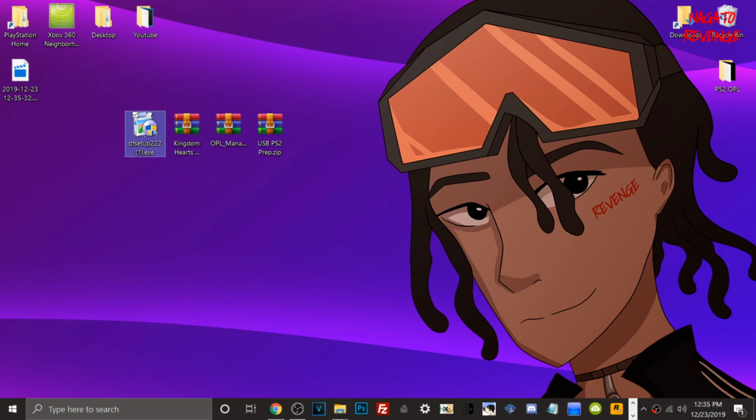It will say DF setup, and you'll need OPL Manager version 2.116. This is where we're going to get our cover art from, and I already made a USB PS2 prep.zip, and I'll explain a little bit more about this, but this contains all of the blank folders we will need to transfer to the root of our USB for this process. But nonetheless, assuming that you have your game of choice, your OPL Manager from the link in the description down below, this file as well, and Defraggler, there are some other things we need to get for this process,